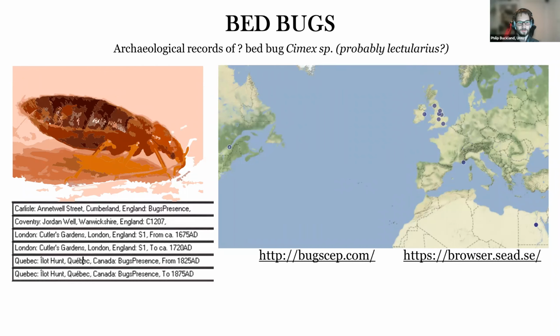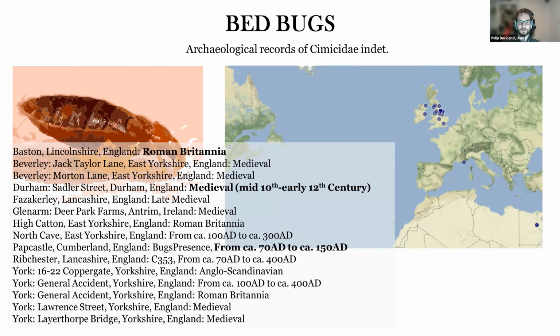And this, of course, is quite important in terms of looking at historical trade and the movements of people and pests over time. If we go up another taxonomic level to the family, we get even more sites. And what we can see is that, at least for the British Isles, most of these records are coming in through Roman Britain, and then you have another peak in the medieval period. And this is probably really representing the movement of people and density of populations and the movement of products, rather than any bias in the archaeological record.